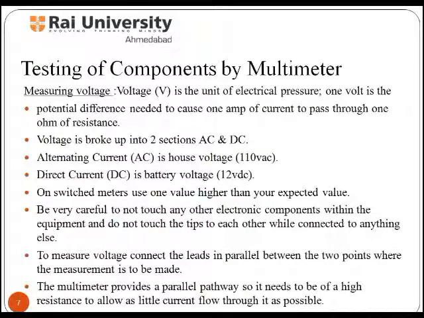Now let us understand in detail how multimeter tests components like measuring voltage, measuring resistance, and measuring current. So let us first understand measuring voltage. Plug the black probe into the COM and the red probe into the voltage port. Set the multimeter to 2 volts in the direct current range. Almost all portable electronics use direct current, not alternating current. Connect the black probe to the battery ground and the red probe to the power or positive.